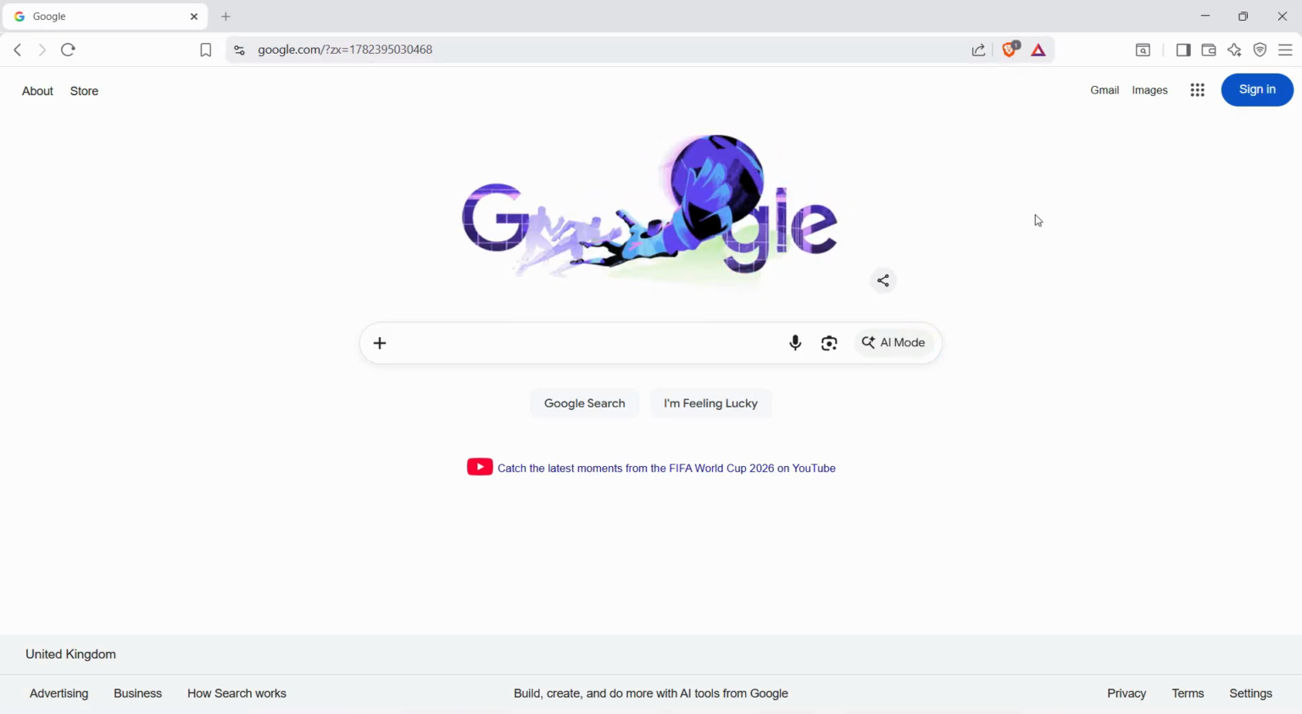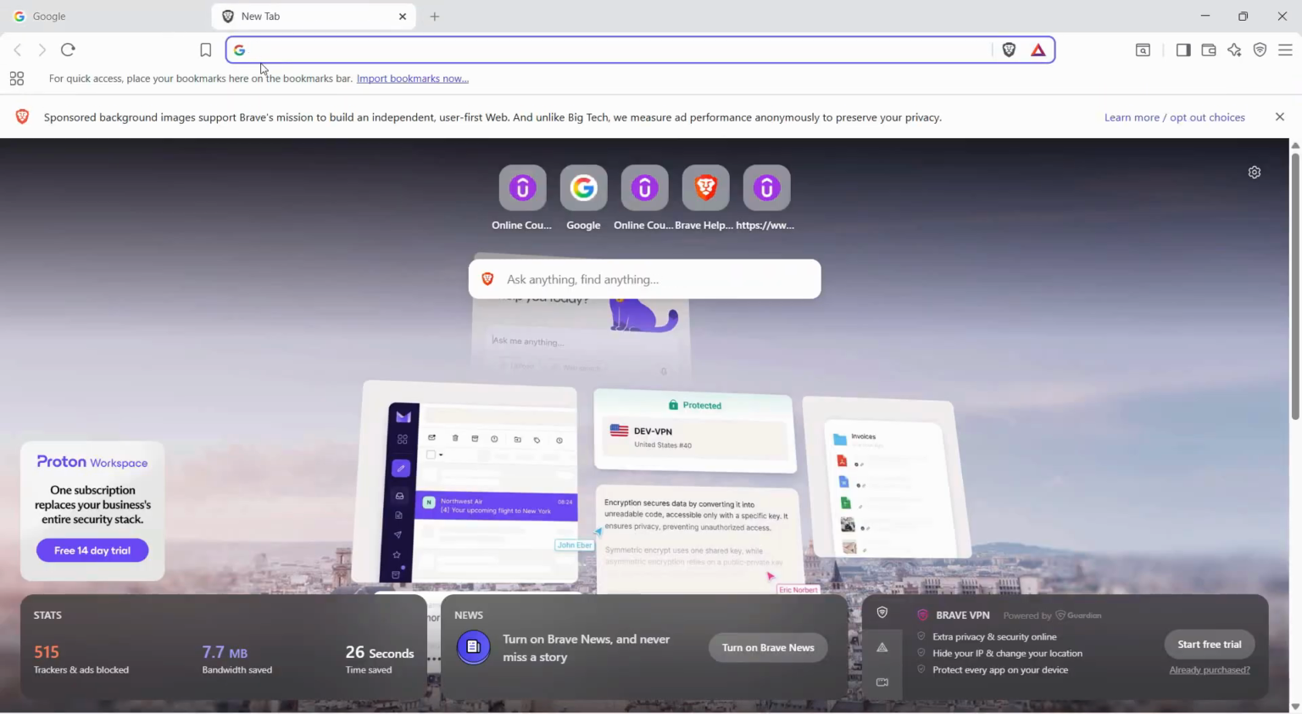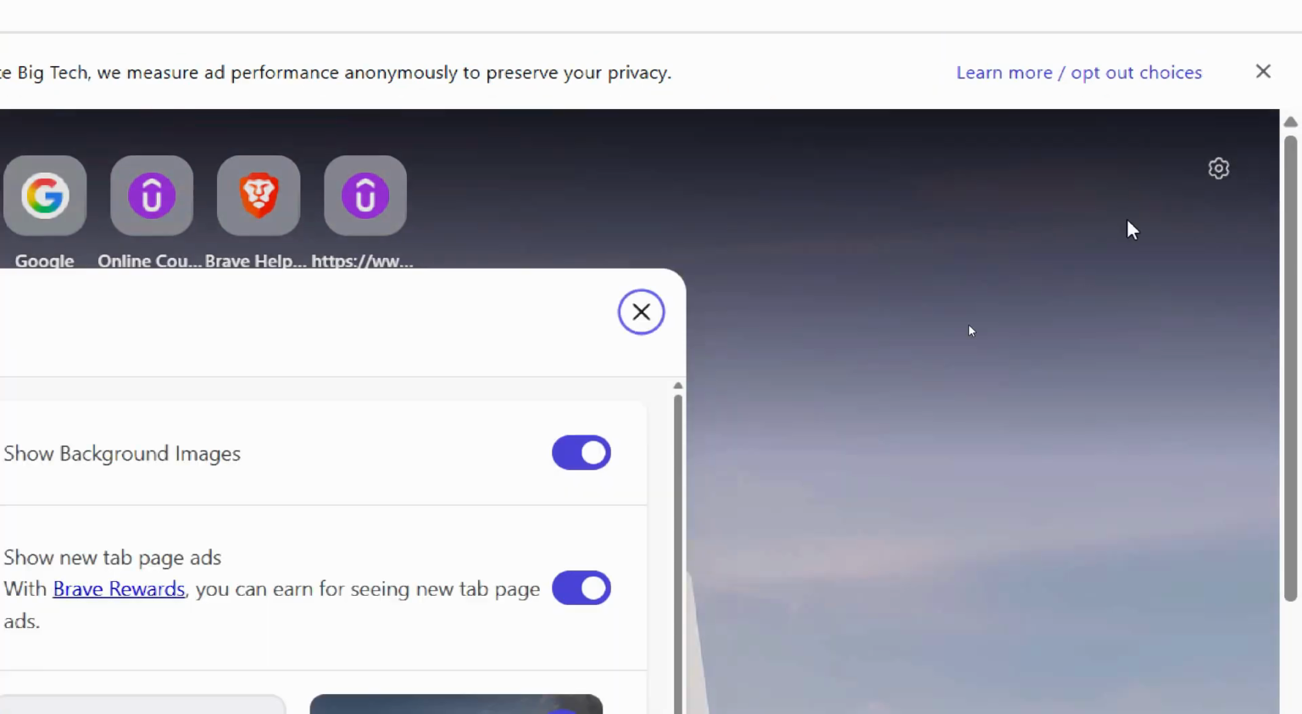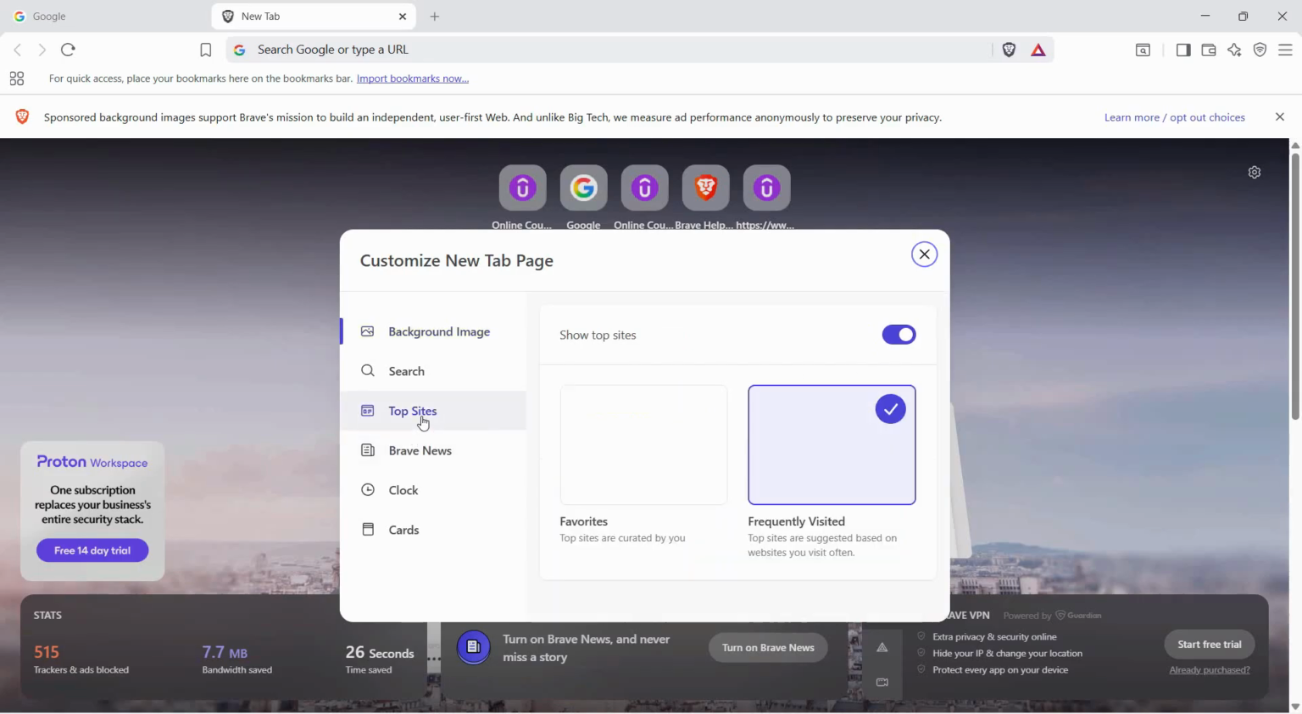And from here on the main screen, if you want to add some shortcuts, let's say if I'm on the new tab and you want to add those shortcuts here, and you basically want to customize those shortcuts, what we do is just open up a new tab, and from here we'll choose the gear icon or settings. Now once we are in here, we'll select top sites,